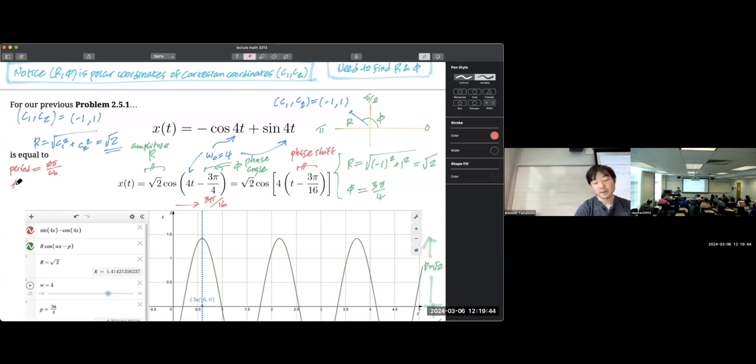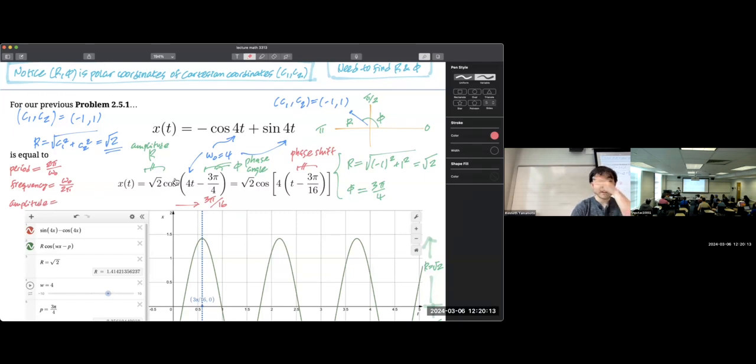Frequency, if you remember, is how many times it oscillates per unit time. It's going to be the reciprocal of the period. So it's omega naught over 2 pi. That's just the reciprocal of this. And then we already know amplitude